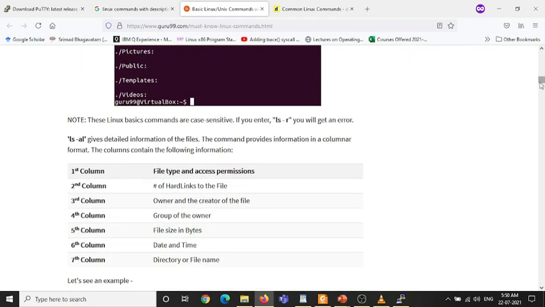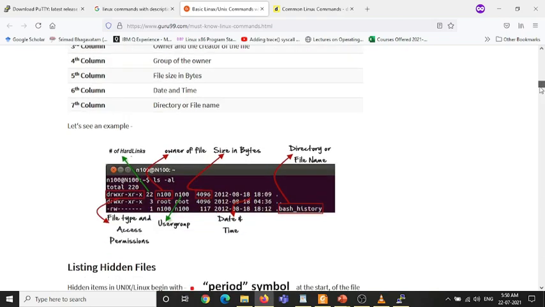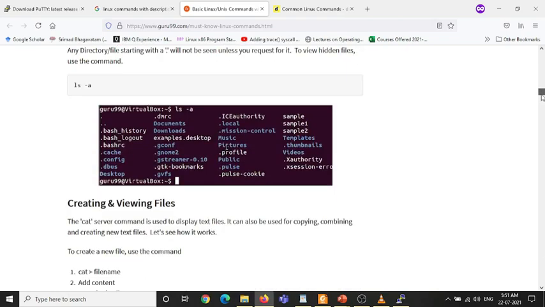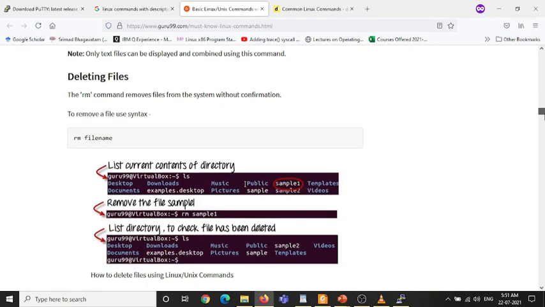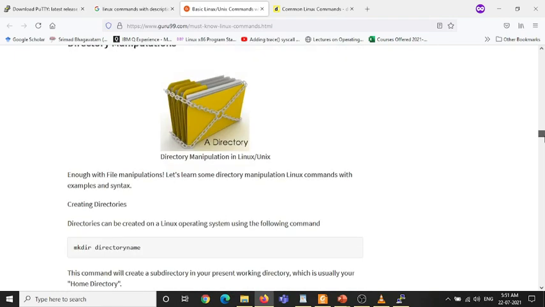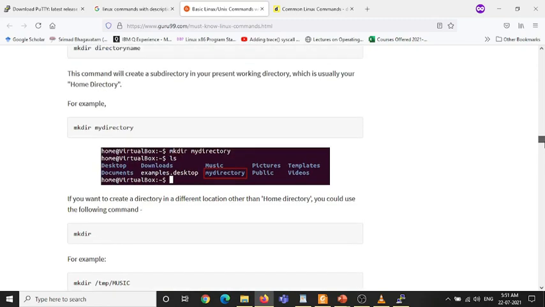The thing I want to convey is that there are so many websites. If you are interested, you can go through these commands and learn, but for that you need to practice more and more. Yes, the mkdir command is there, we have just used it for creating a directory.